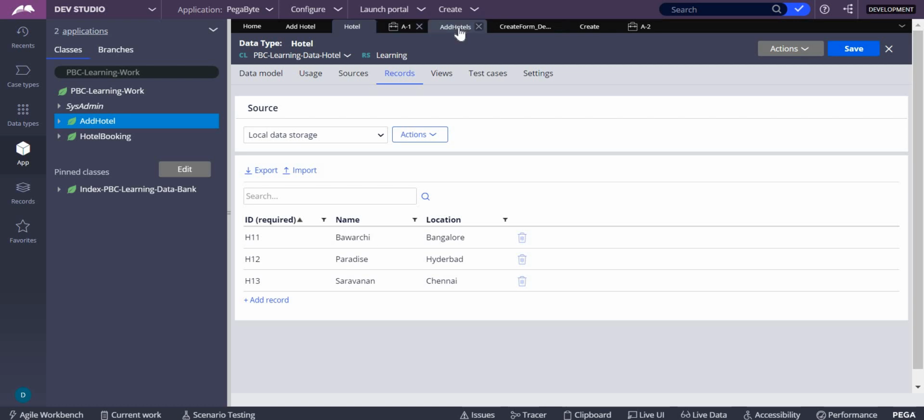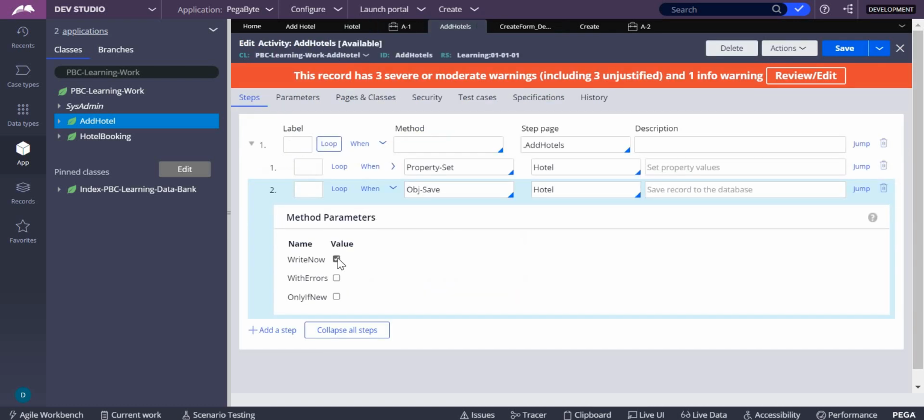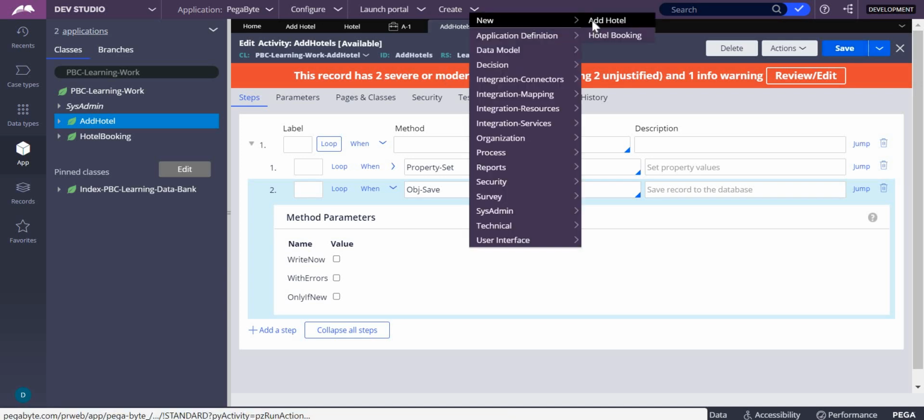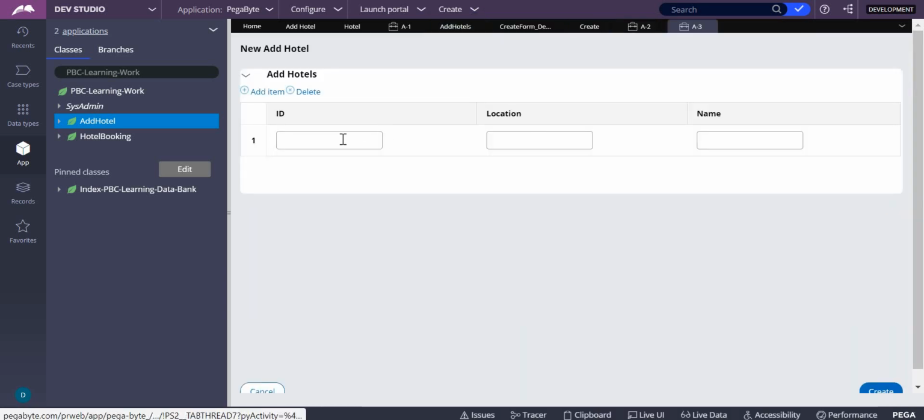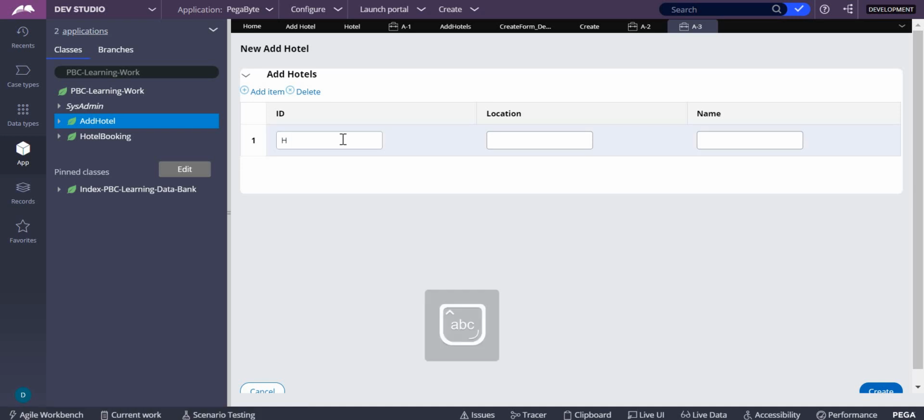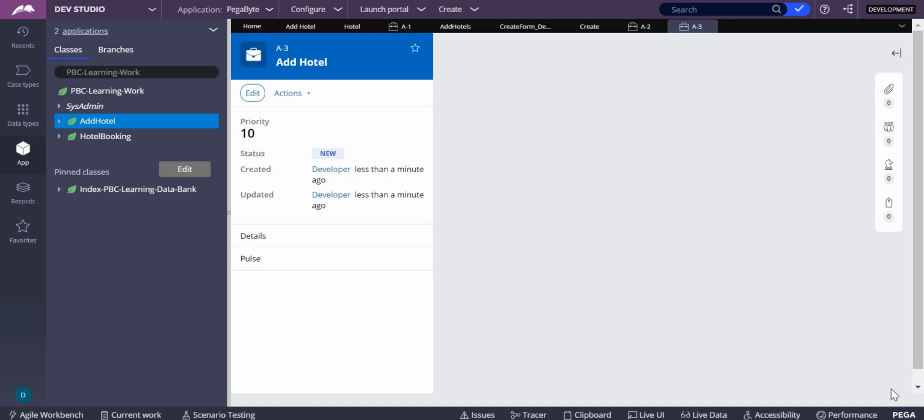So now what I do is I remove this write now in the activity and save, and I'll create another case, and here I'll write H218. So let's see whether this is created or not. Only one record I added.